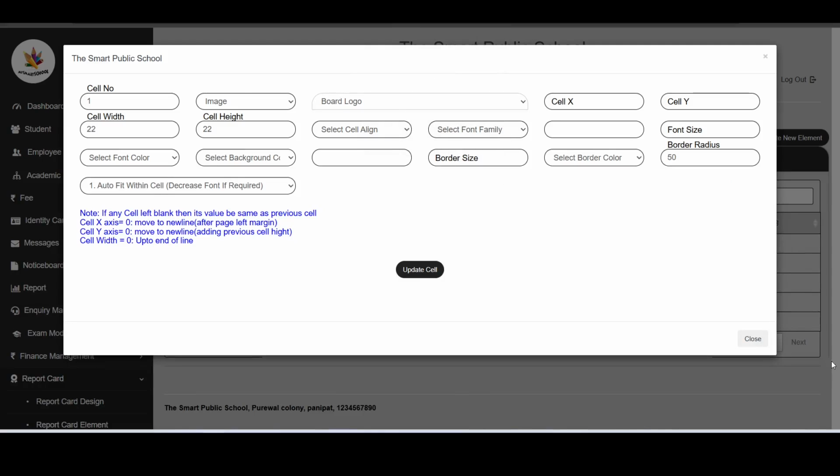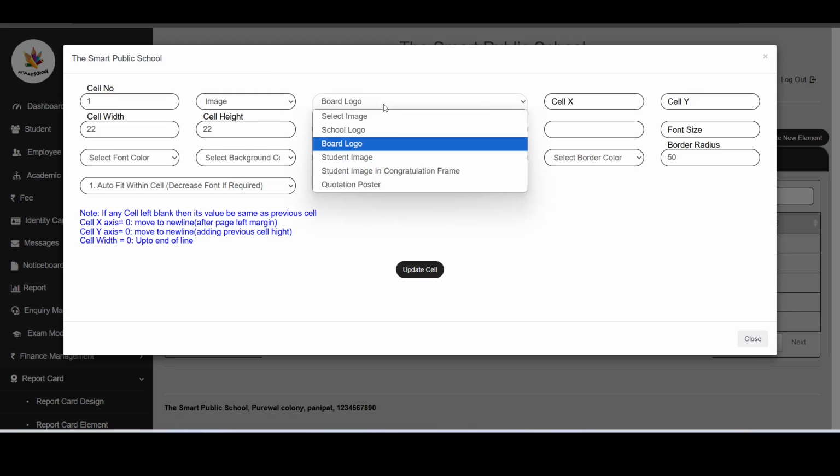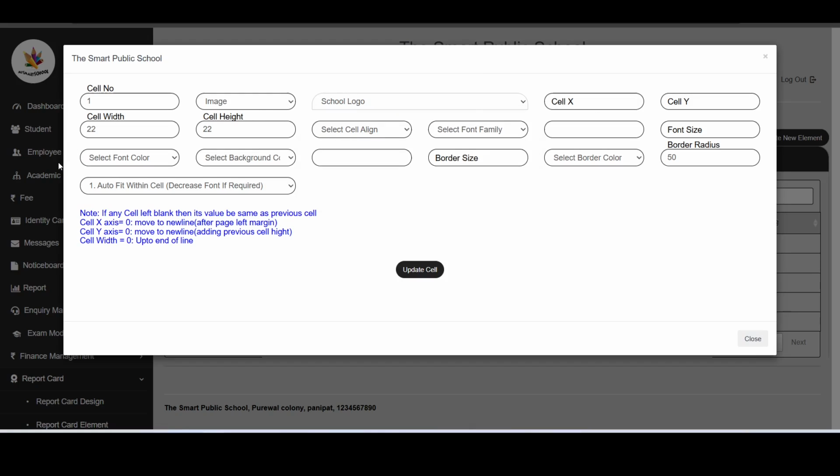For example, for a header for your school, make the first cell an image for the school logo, and then give the other details. Here I will explain some properties. When we leave a cell blank, it will take the property from the previous value, meaning the color, the text size, everything.